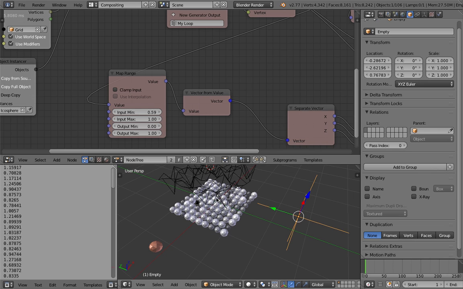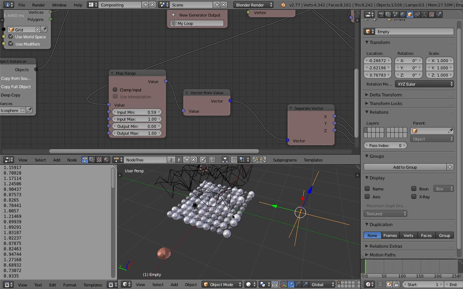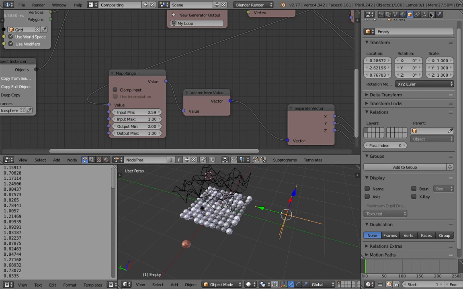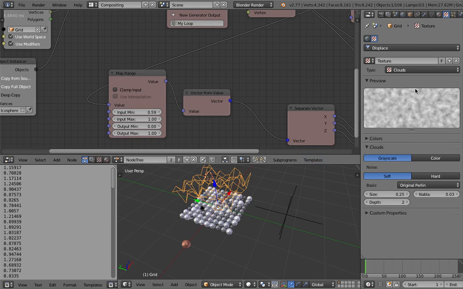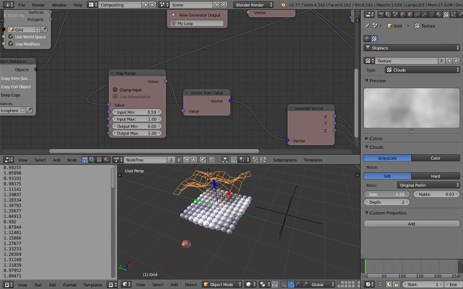This kind of movement is called cloud texture, right? Often called clouds, actually Perlin. Thanks to Mr. Perlin, we can have this cool stuff happening.